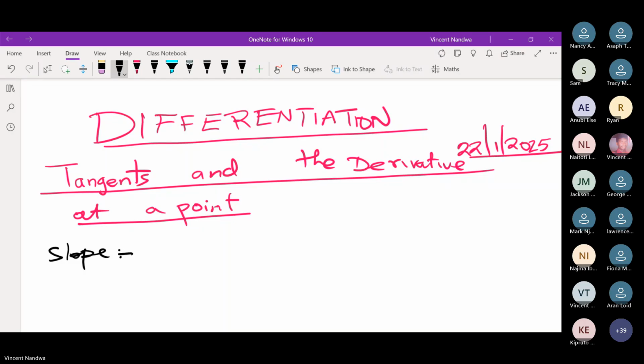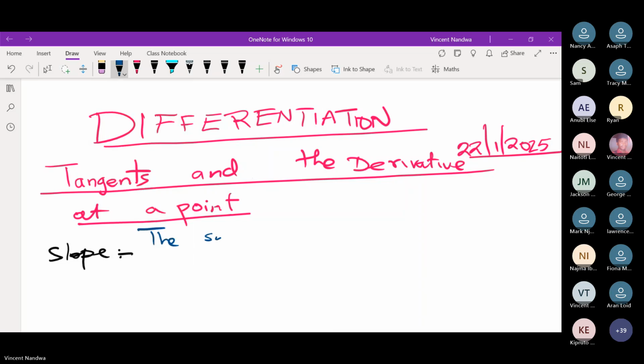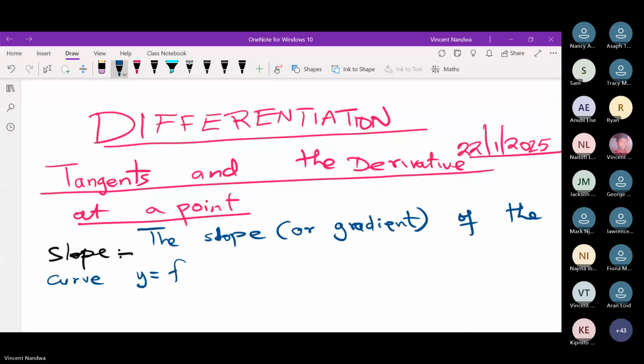So the slope of the curve of a function, slope, sometimes also called gradient, of the curve y equals f of x at a point x naught, f of x naught. So let's call this point P, is the number